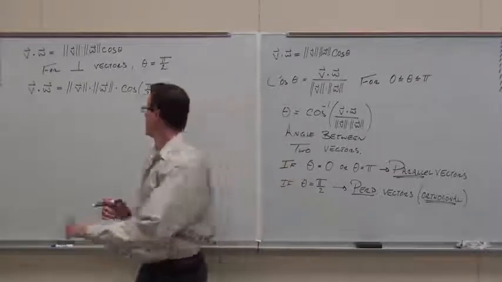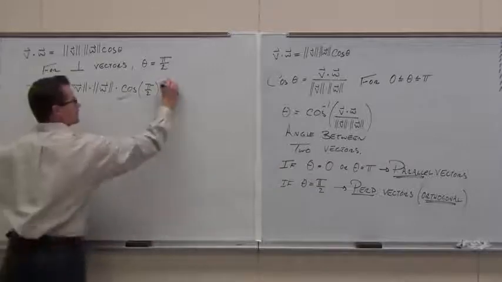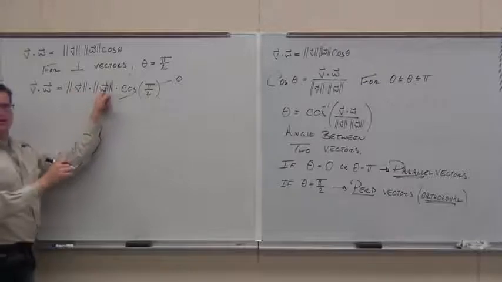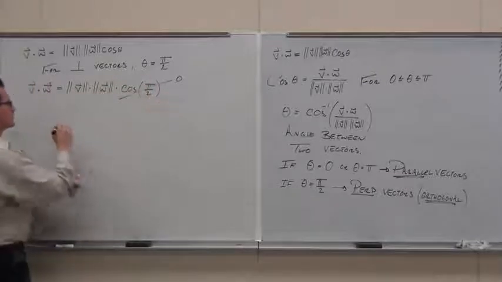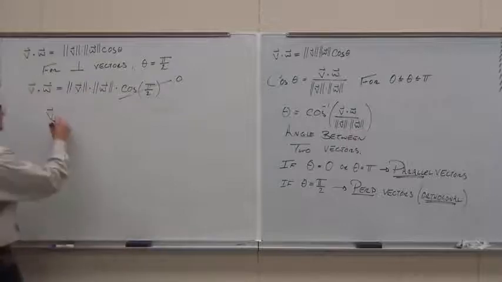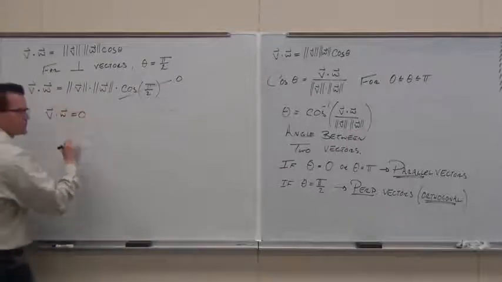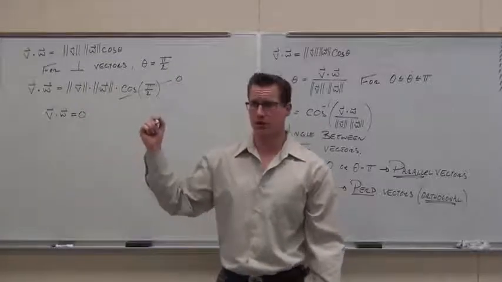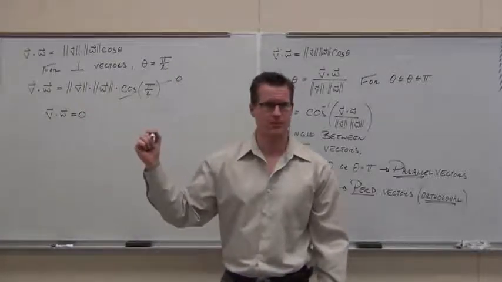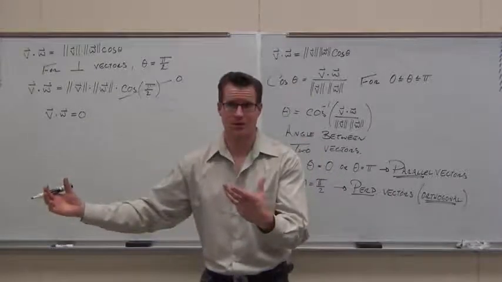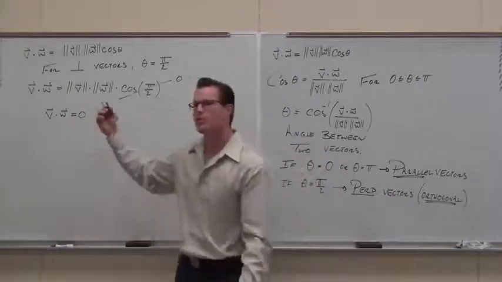0. What's a scalar times a 0? 0. I'm getting the chills right now. It's so cool. This is how you show that two vectors are perpendicular. If you do a dot product and you get 0, the only way that happens, look, the only way, that's